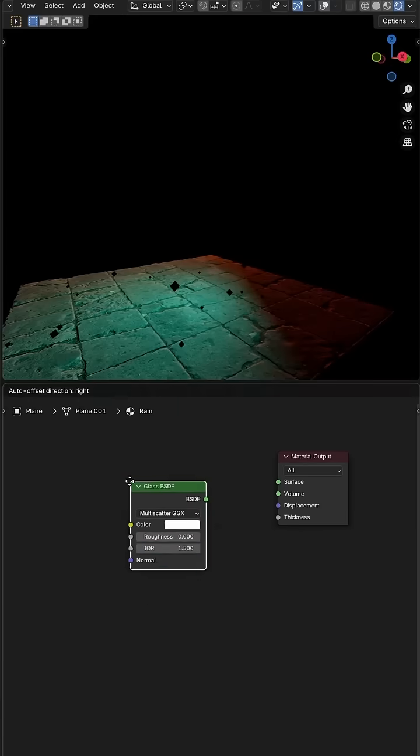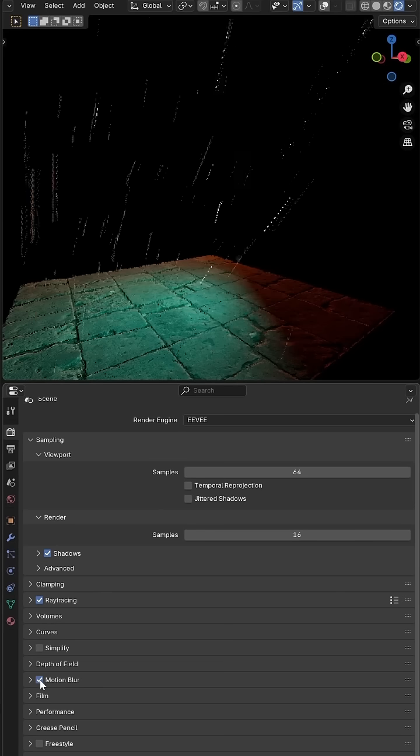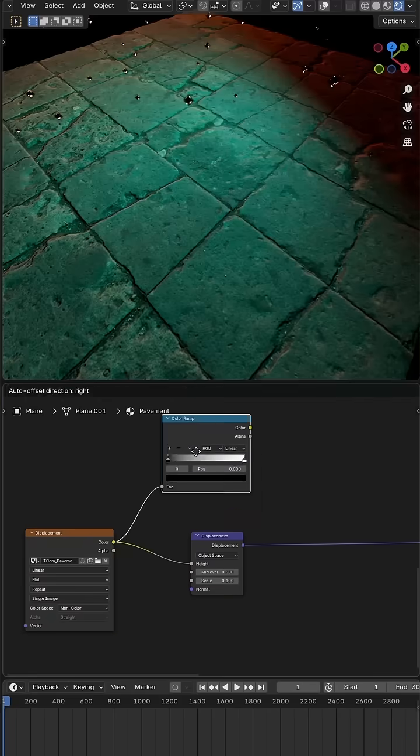The rain material is a glass shader mixed with transparency using a layer weight node, with motion blur activated in the render settings to create a more photogenic look. Back in the ground material,